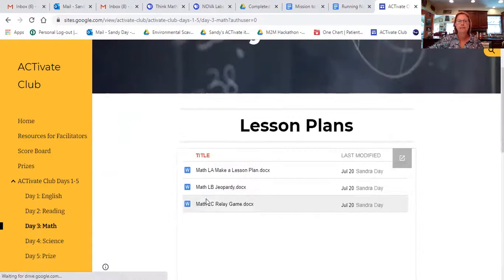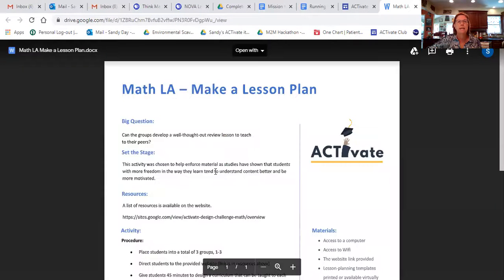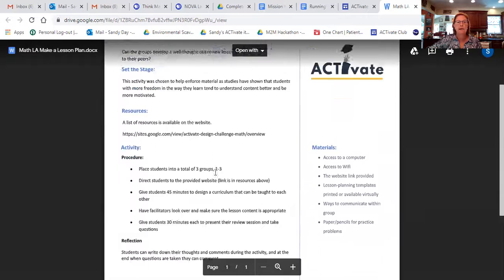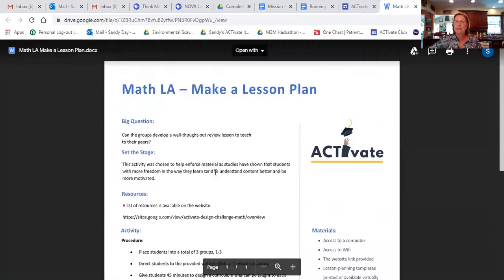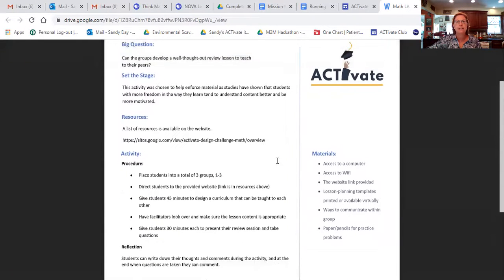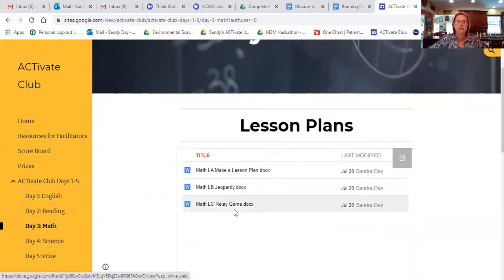The math lessons. Again, we have 3. Here is lesson A, make a lesson plan. And then this one actually turns out to be 4 lessons, because on day 1, they're making a lesson plan on a particular goal. And then second day is they are teaching it to each other. Then we have Math Jeopardy, which is a lot of fun. One of the competitions here, the second one is a relay game based on math and the kinds of math that they'll be using on this particular test, which is not